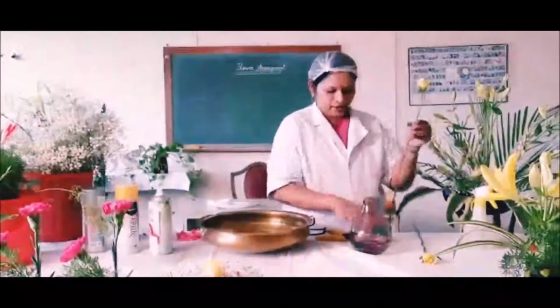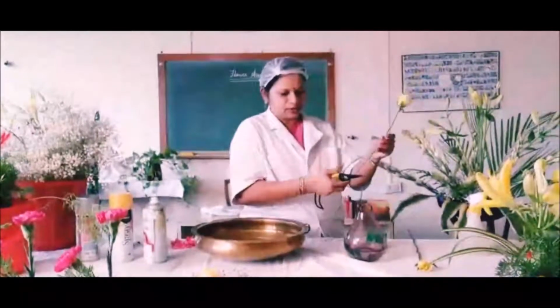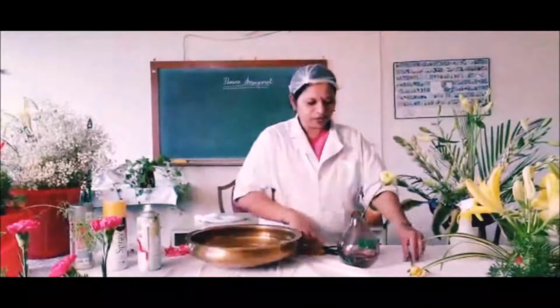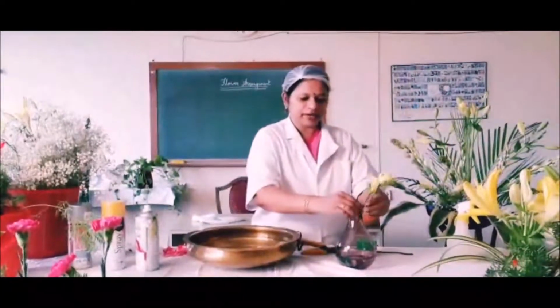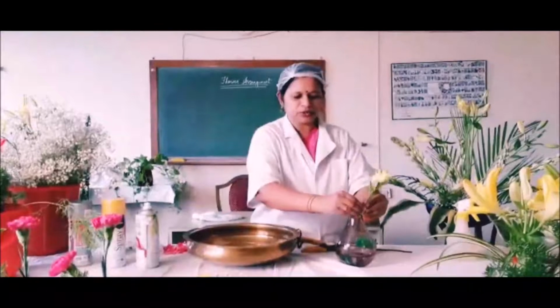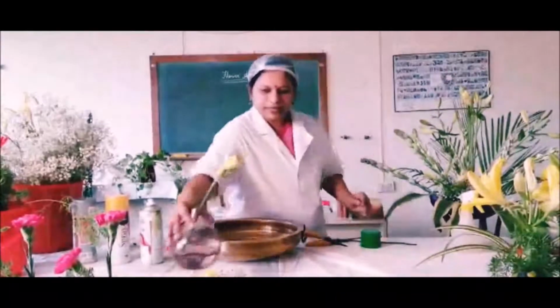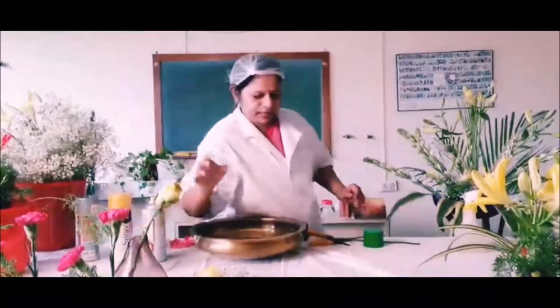So I have taken these two flowers that were left over. I am converting that into a bud vase where I can place it in any of the required areas. Just place it like this, don't make it too massy. Try to keep it as simple as possible. The water is there, spray it, and done.